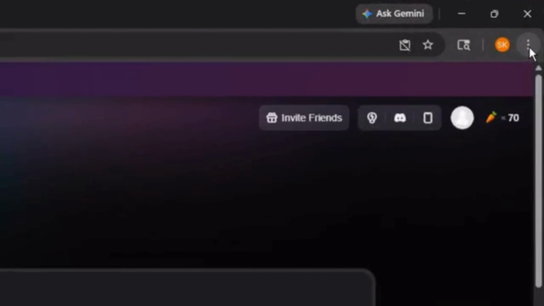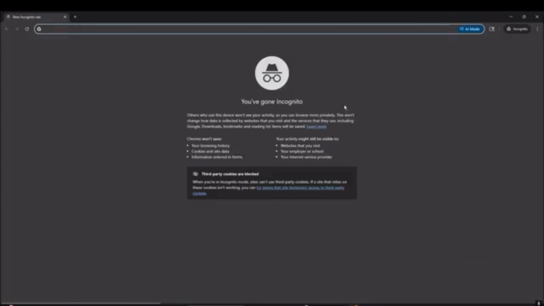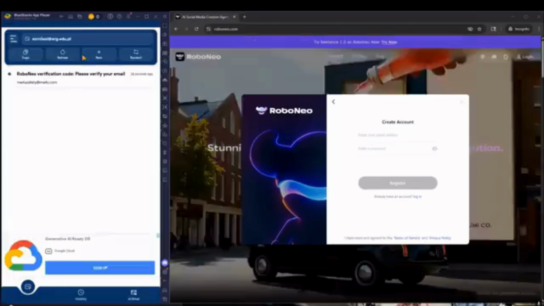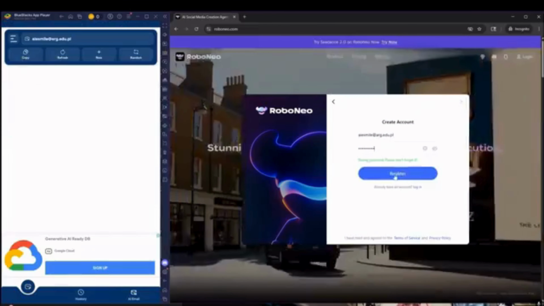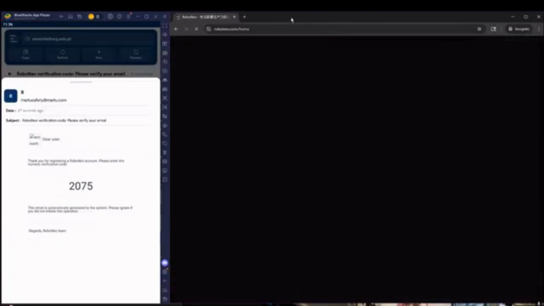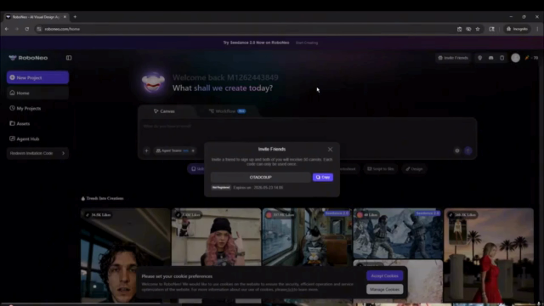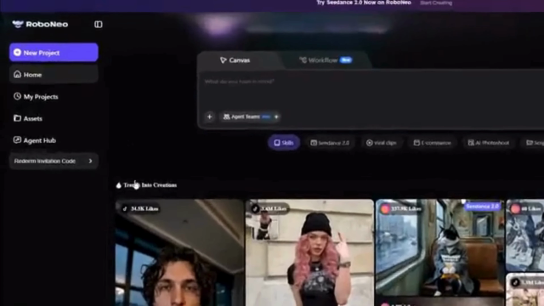Click the three dots at the top of your browser and open a brand new incognito window. Go to RoboNeo again. Run the exact same registration process. New temp email from your app, new password, new puzzle, new verification code. Second account is now live with 70 credits and its own unique referral code. Now execute the swap. Copy the referral code from your incognito account. Go to your main window, find Redeem Invitation Code on the left